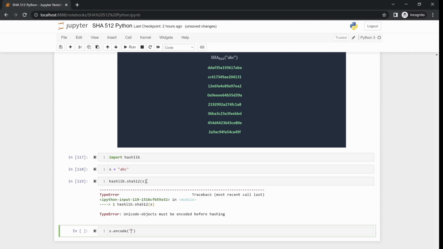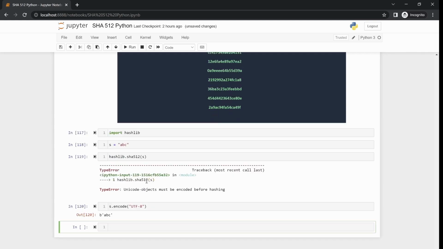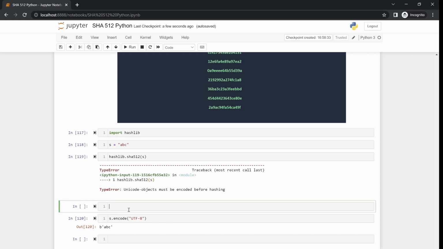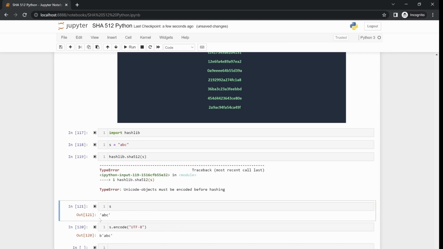So there are many different ways to encode a message, but for our purposes we can use UTF-8, and we see that it's returning something very similar to our initial variable S, so it's ABC, but we see this b here, which is a sign that it's a little bit different compared to the original